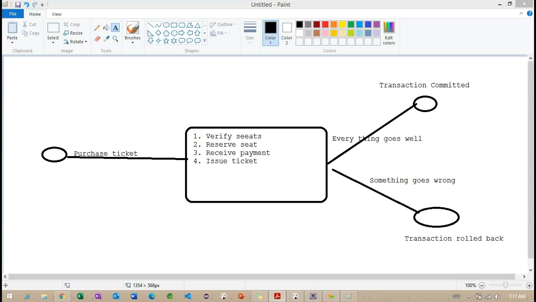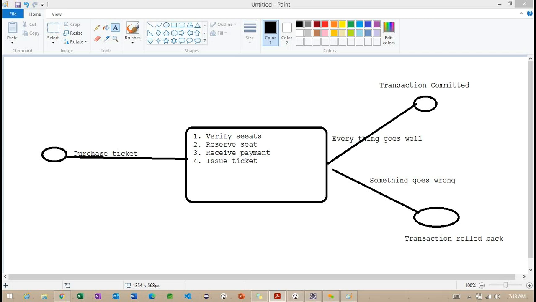By seeing this diagram, we can easily understand what kind of operations we are going to perform, how the data is going to be saved if everything is successful, and how the data is going to be rolled back if everything goes wrong. This transaction plays a very important role in the software industry, in any banking application or any e-commerce application.